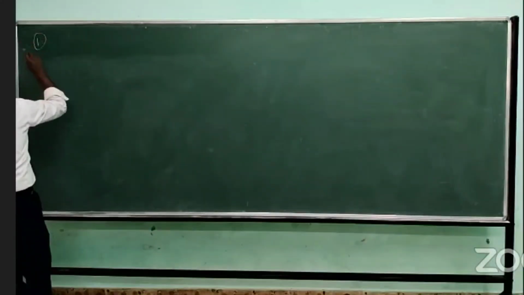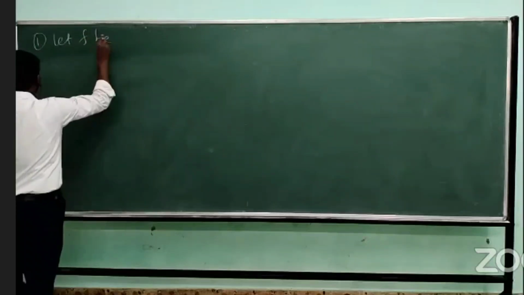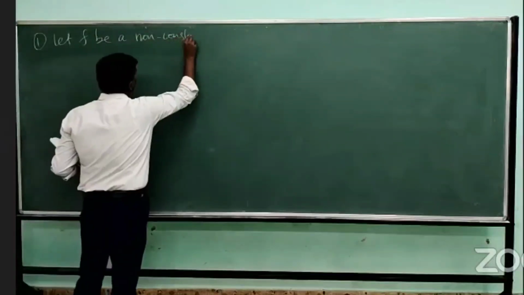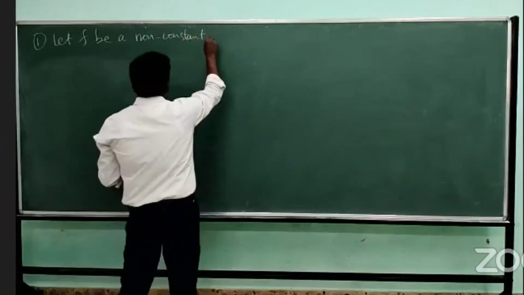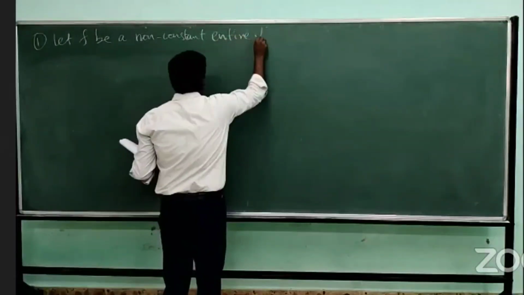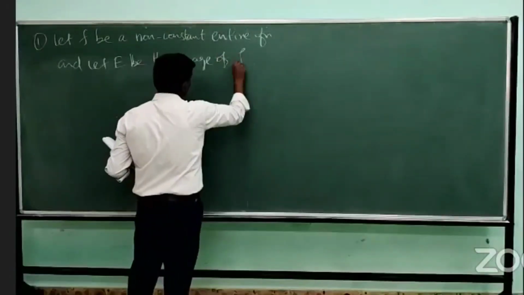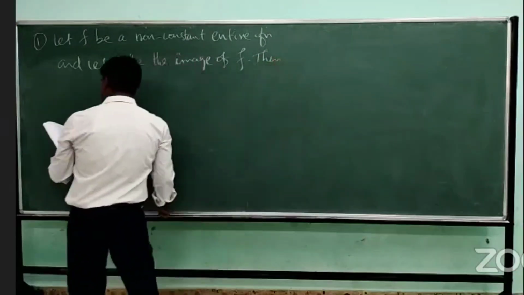The first problem is a simple problem. Problem number one: let f be a non-constant entire function, and let E be the image of f, then